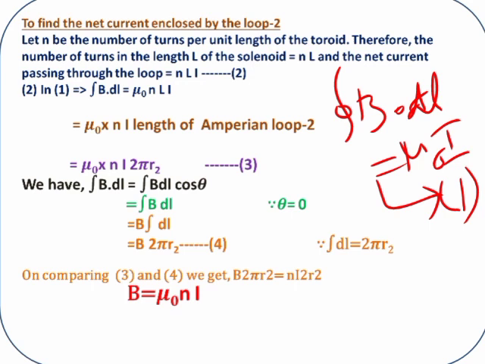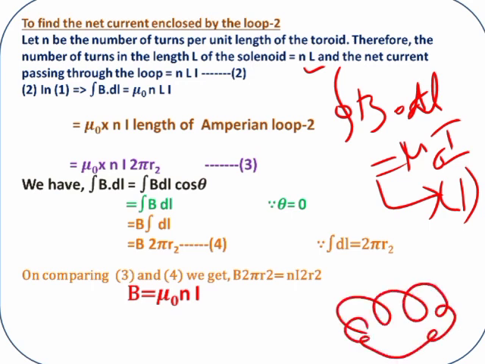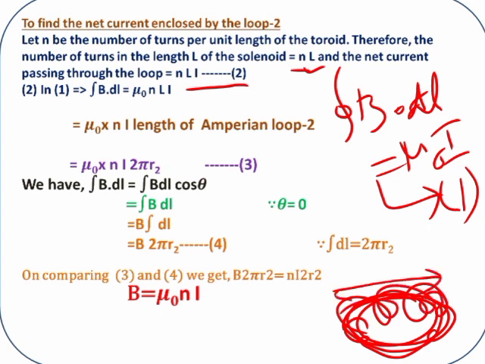Okay, the next one, the length of the toroid, or a closed endless solenoid, is L, and the number of turns are present, we don't know how many turns there are, and that is denoted by N. Then current is passing through this coil, that is the reason I. So N L I, N means number of turns, L means total length of the coil, I is current passing through this coil. You can call this equation number 2.